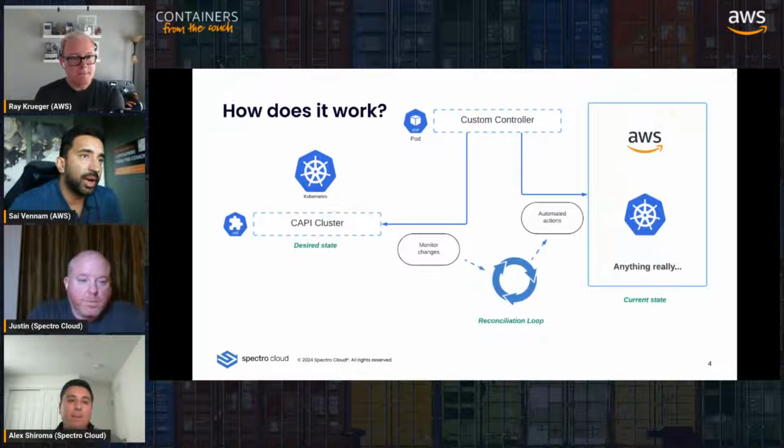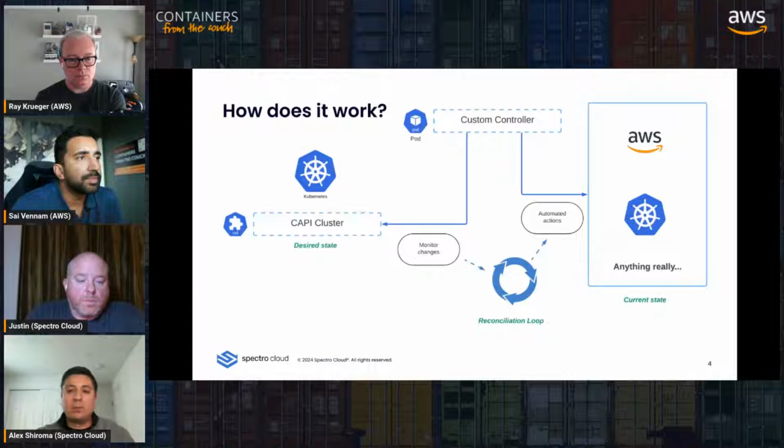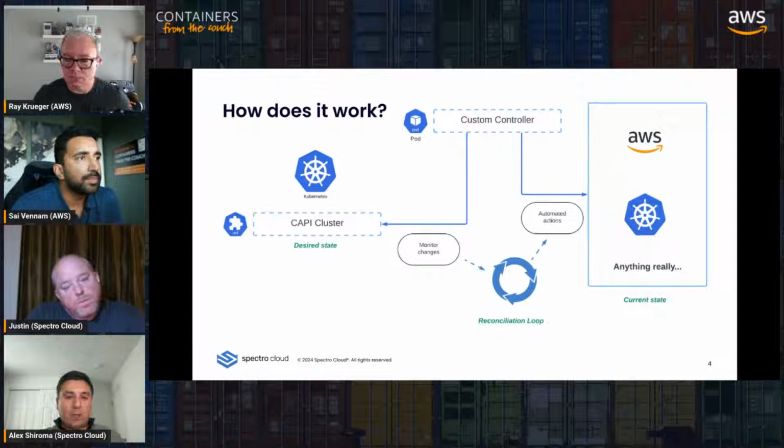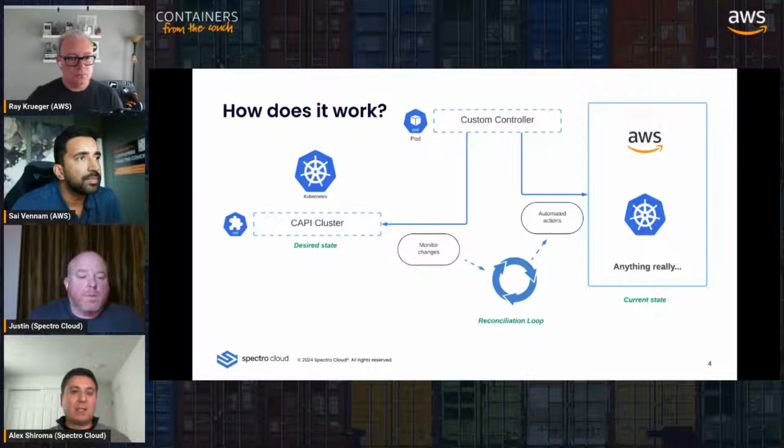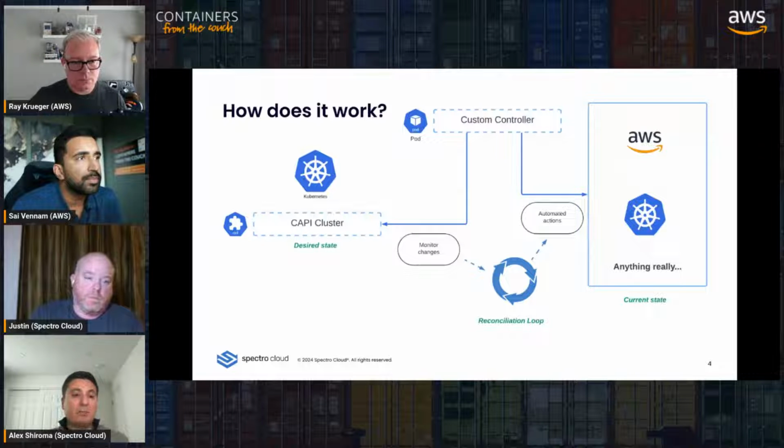So Alex, this is great, and I think a good recap for folks watching for how CAPI works. But Justin hinted that we go beyond that. So curious to see where and how do we take CAPI even further? So what we do is extend that up the stack, right? We utilize a cluster profile, which manages, right, the different layers above the infrastructure layers that we mentioned as far as what CAPI provides.